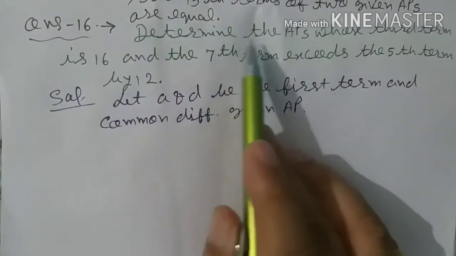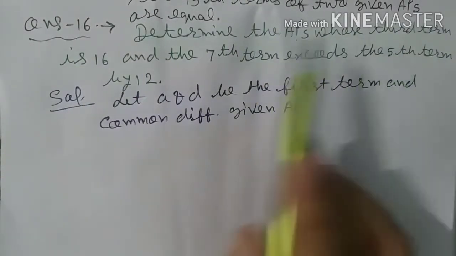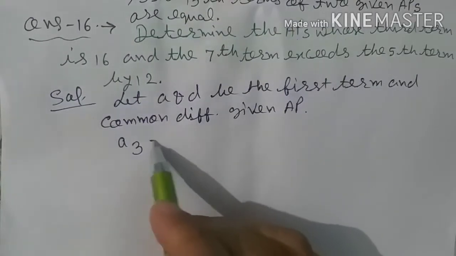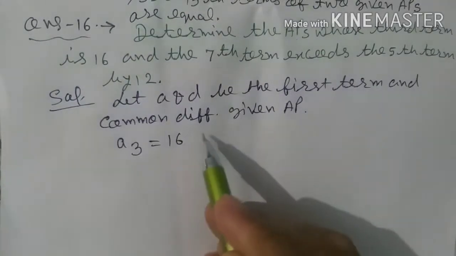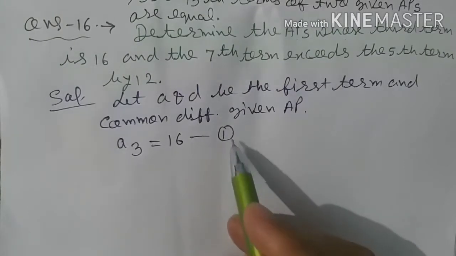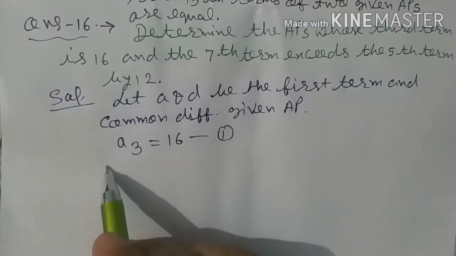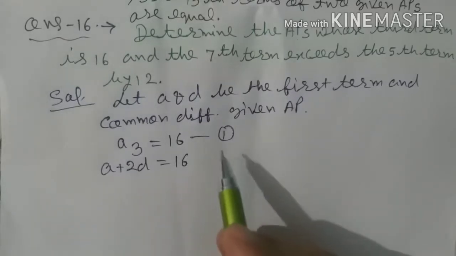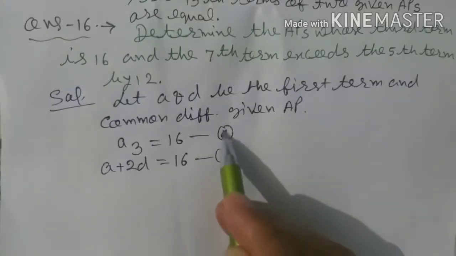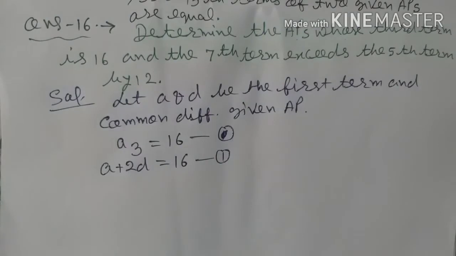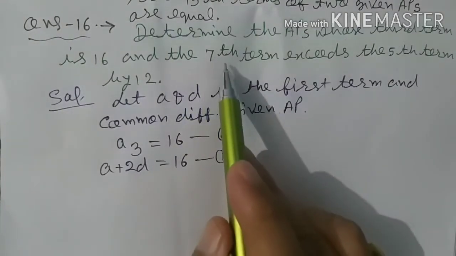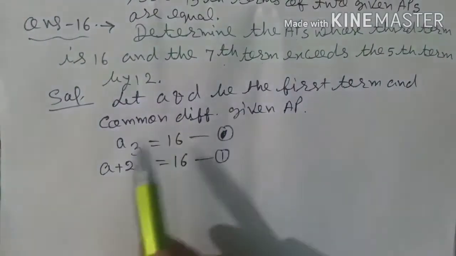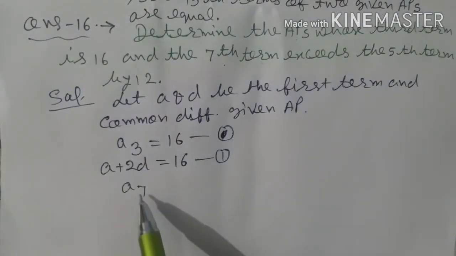Now APs whose third term is 16 means A3 is equal to 16. Equation number 1: A3 means A plus 2D is equal to 16. This is equation 1. Now the 7th term exceeds the 5th term by 12, means